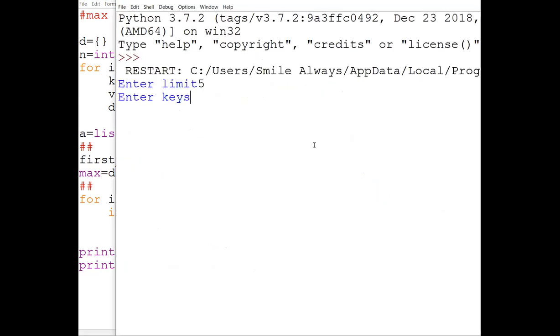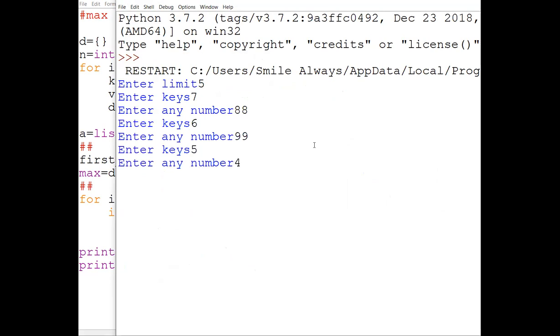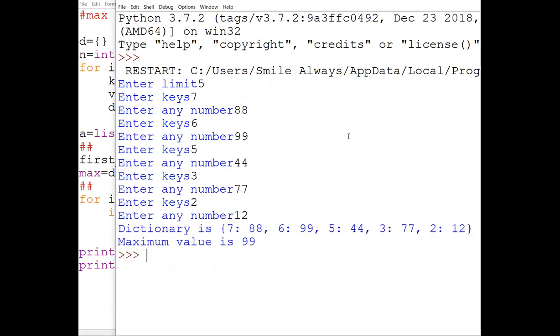Enter limit, suppose 5. Enter keys 7, 88, 6, 99, 5, 44, 3, 77. So the result is working perfectly.